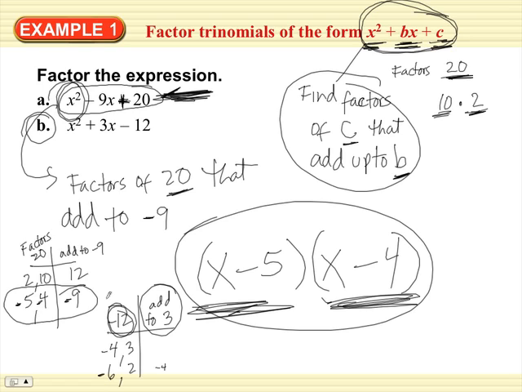Now, this is one of those things where we weren't looking for a solution. What are we looking for? We're looking for factors. So therefore,